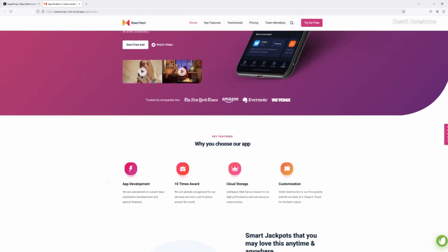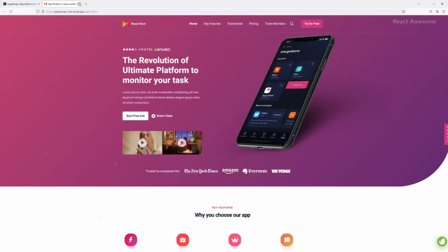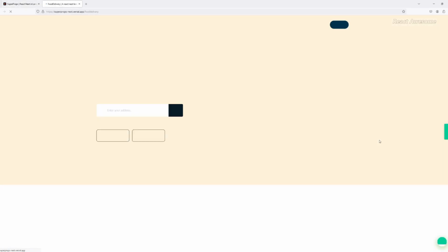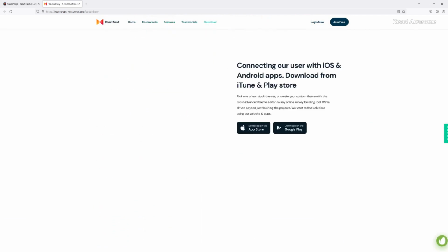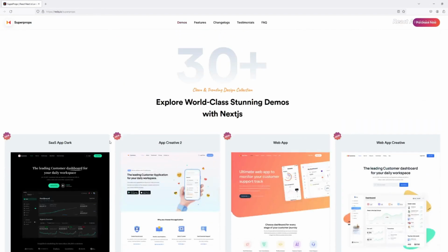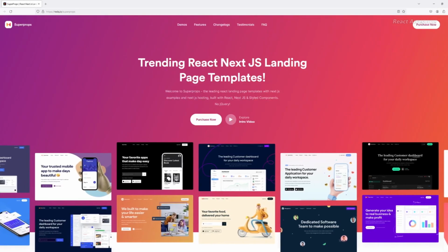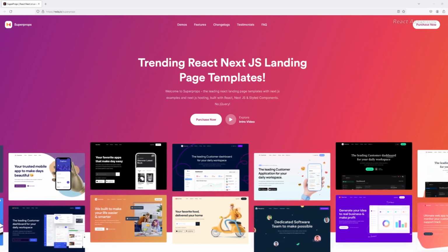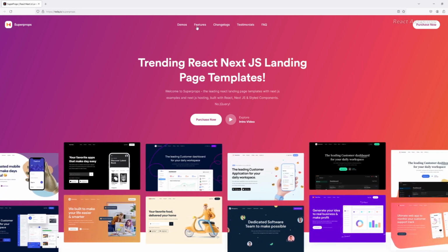Whether it's for agency or personal portfolios, these templates, powered by React Next Portfolio, redefine the standards of responsiveness and customization. SaaS Modern, a responsive, professional, and multipurpose SaaS template, a powerful tool for any landing page. SaaS Classic, a blend of creativity and professionalism, perfect for SaaS and software-style websites. And that's not all. SuperProps offers specialized templates like ride-sharing for creating transportation networks and SaaS product for showcasing your